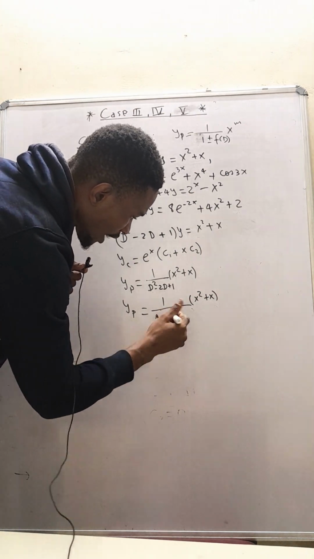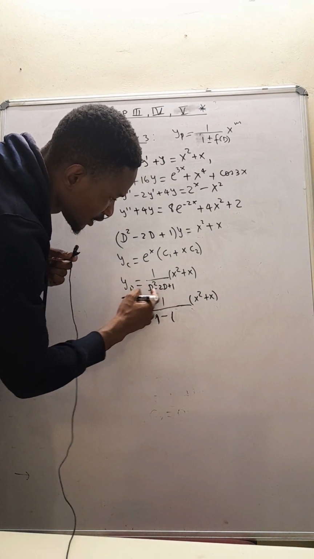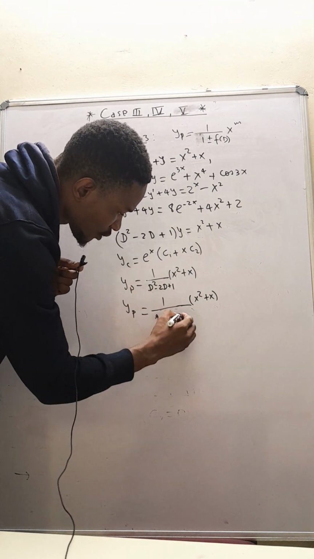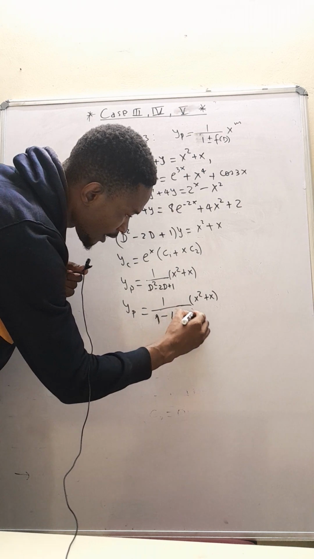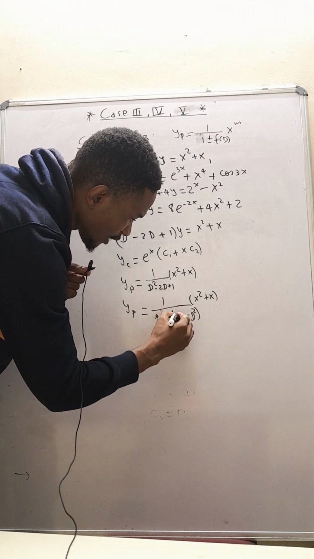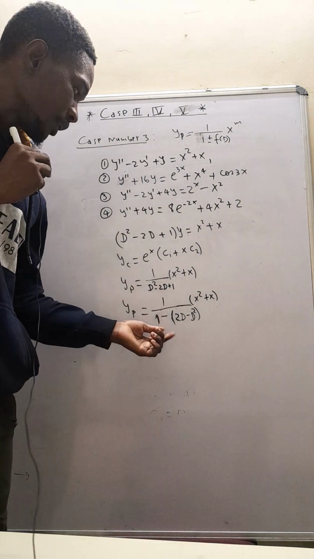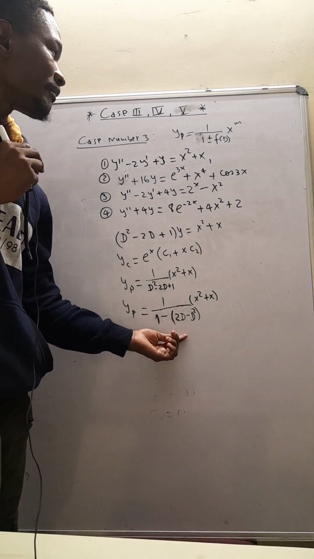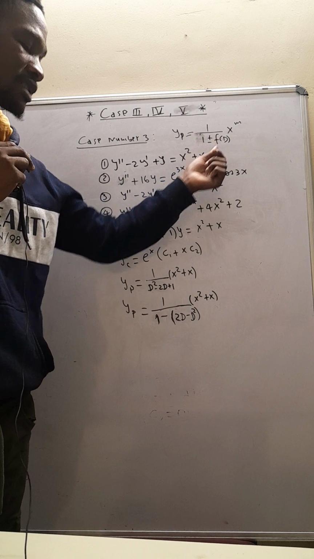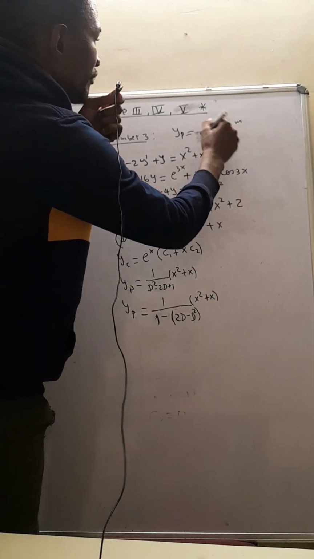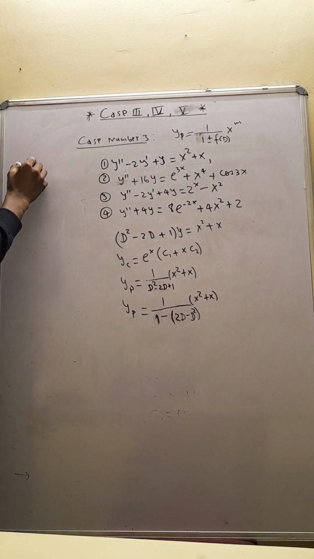When one function is negative and the other positive, take the negative common, like 2D minus D squared. That's fine. So in this case, it will not behave as the first one, it will behave as the second expression. So we know that when we have 1